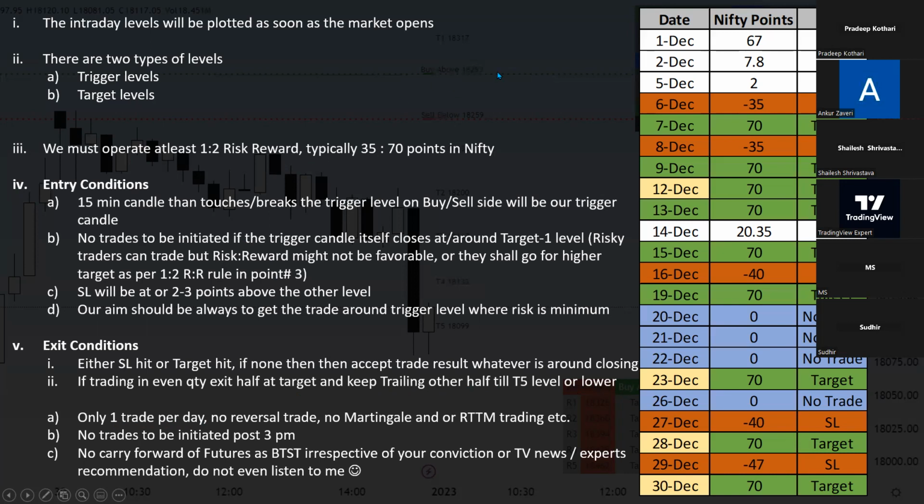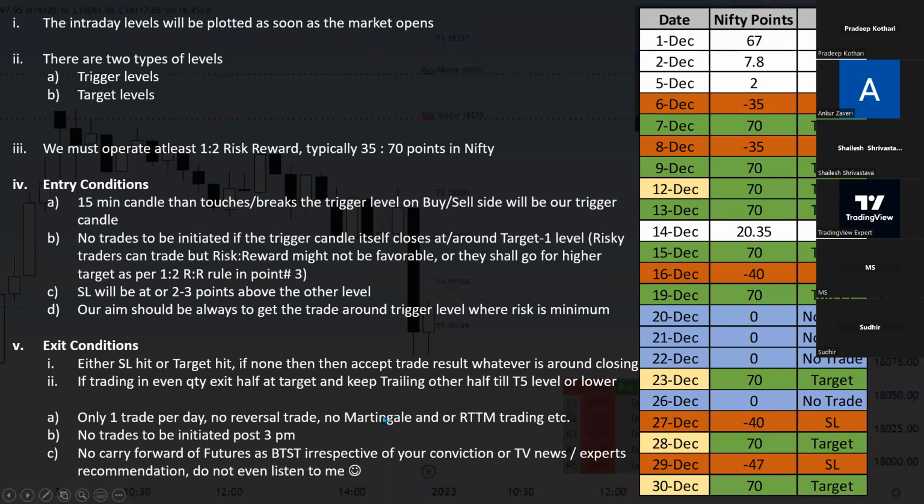मतलब बार बार एक ट्रेड करने के बाद दूसरा ट्रेड दोबारा नहीं करना है, कुछ मार्टिंगल नहीं करना है कि यहाँ पे लॉस हो गया अगली बार मैं 2 क्वांटिटी में एंटर करूंगा, वो नहीं करना है, RTTM नहीं करना है, ठीक है, वो सब मैथमेटिकल मॉडलिंग नहीं करनी है इसमें, सिंपल 1:2 में एक दिन में एक ट्रेड लेना है।